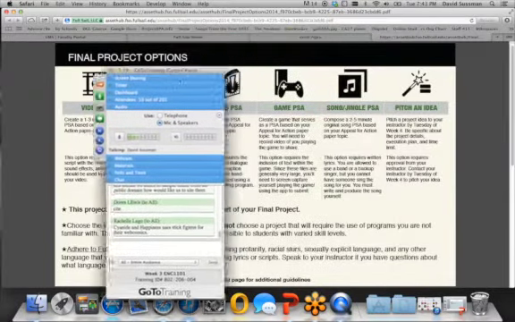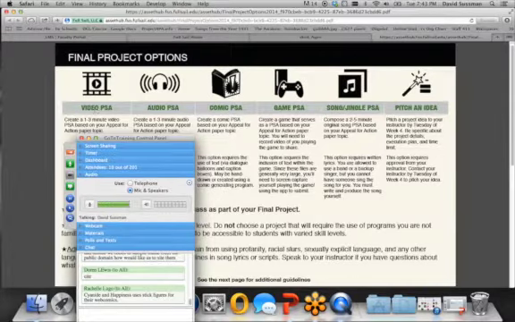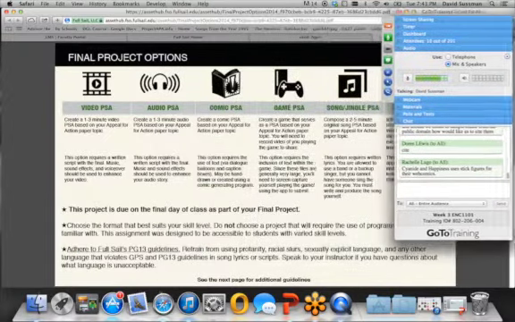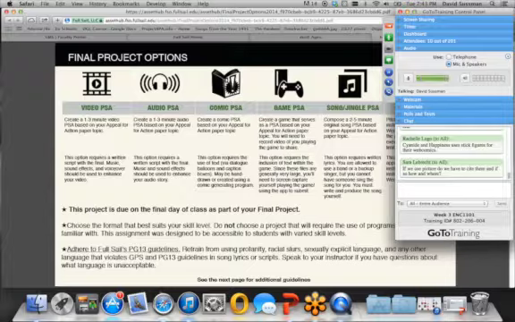Okay, and finally, most people can find that they'll fit one of these topics: the film, the podcast, the comic, the game, the song. If you have a different kind of idea and want to pitch me that idea, that's okay too. For example, I've had people create websites. I've had people create infographics, which are a unique combination of image and text in order to teach or illustrate or inform. Actually, this final project options PDF is kind of functioning as an infographic. Maybe not as strongly as a typical infographic would, but it's sort of doing that. I think you had an infographic that you looked at earlier in the month also, that was uploaded as an asset.